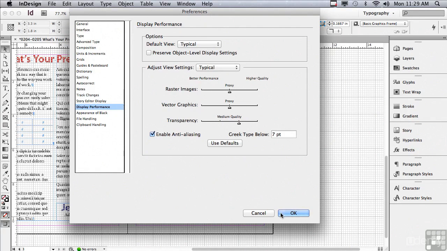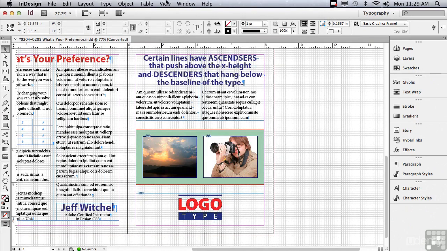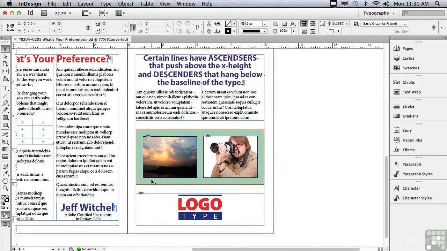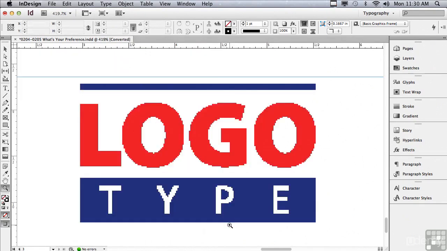Let me click OK. I'm going to get rid of my grid by going under the View menu to Hide Document Grid. And I'm going to go to my Zoom tool. The way the Zoom tool works, one of the ways, is if you click and drag with your Zoom tool over a certain area, it will fit that area in the screen the best it can. Not too attractive. In typical view, it's using a proxy image, a low-resolution, highly pixelated image for my logos, for